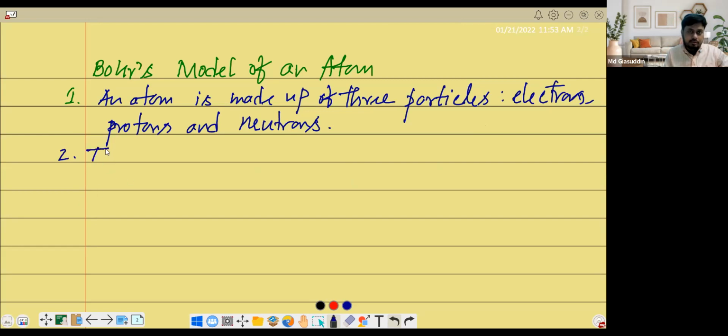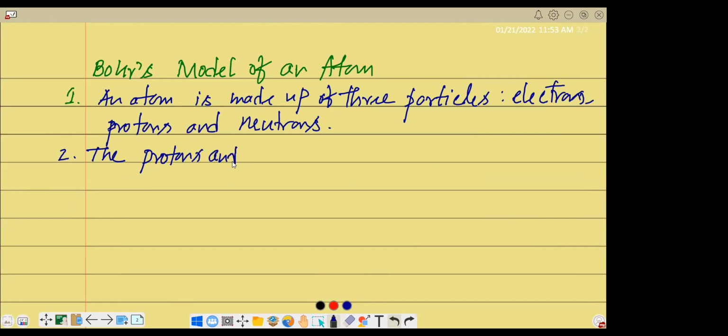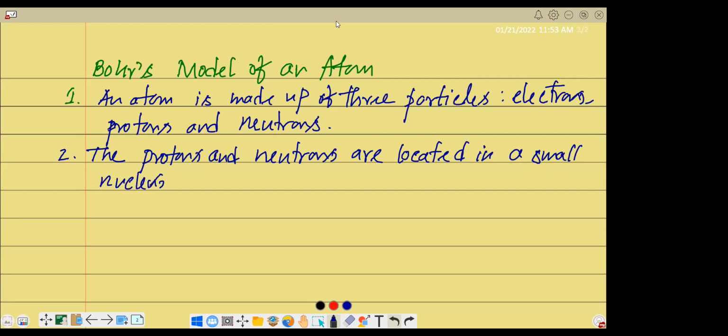Okay. The second postulate, or the second conclusion you can say, is that the protons and neutrons are located in a small nucleus at the center of the atom. Number three is that